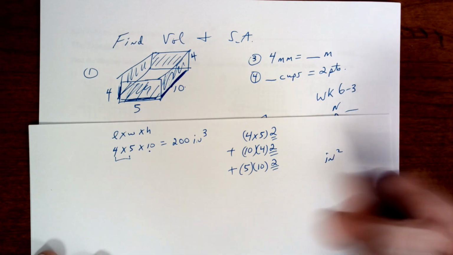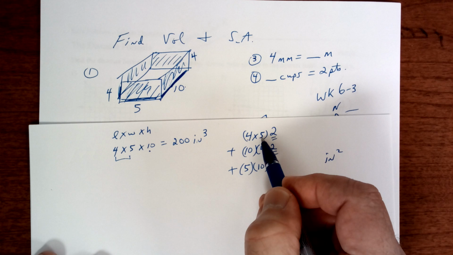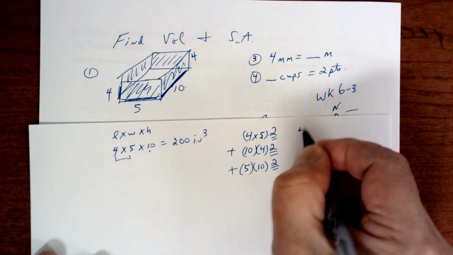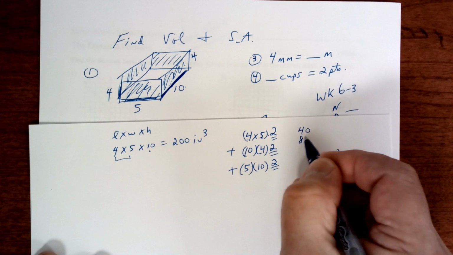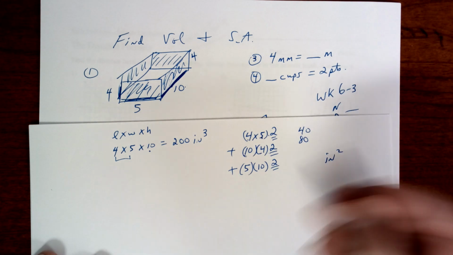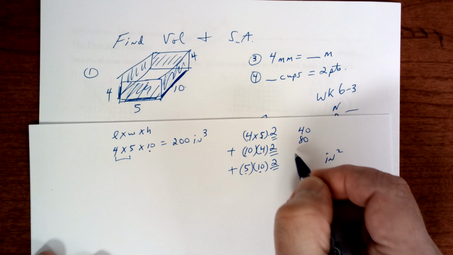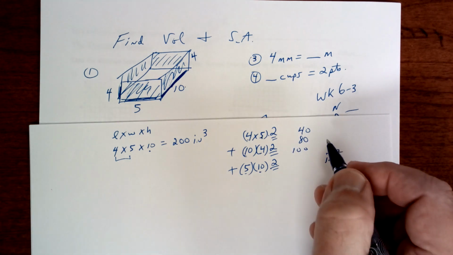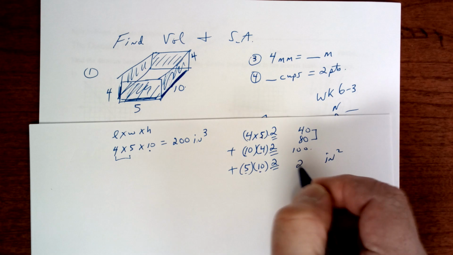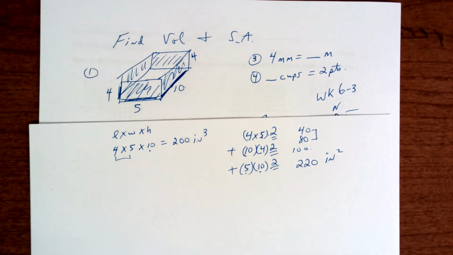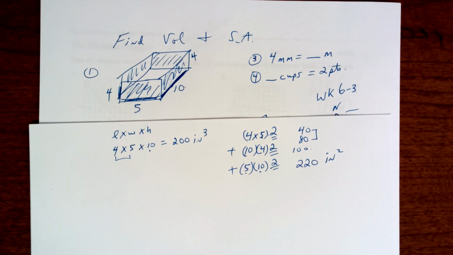So this is 20 times 2 makes 40 for that one. This one is 40 times 2 makes 80 for that one. This is 50 times 2, that makes 100. This is 120 plus 100. I'm going to say 220. Any questions on how to do surface area of the box? Again,